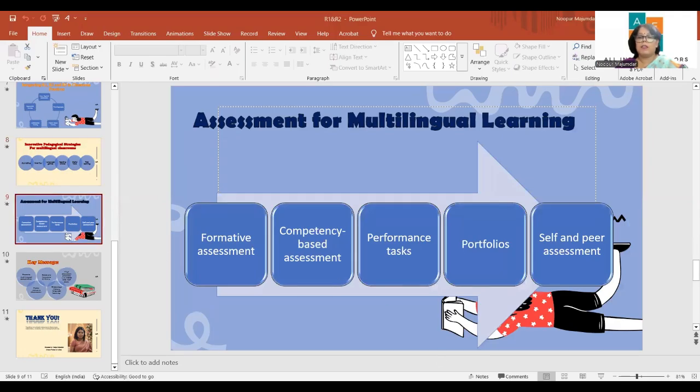Assessment, right? If I talk about assessment, assessment is very important. The most significant shift introduced through NEP 2020 and CBSE is that assessment should no longer measure only memory, how much the child has learned. Instead, it should evaluate understanding, बच्चे को समझ में आया या नहीं, communication, application, collaboration, and critical thinking.